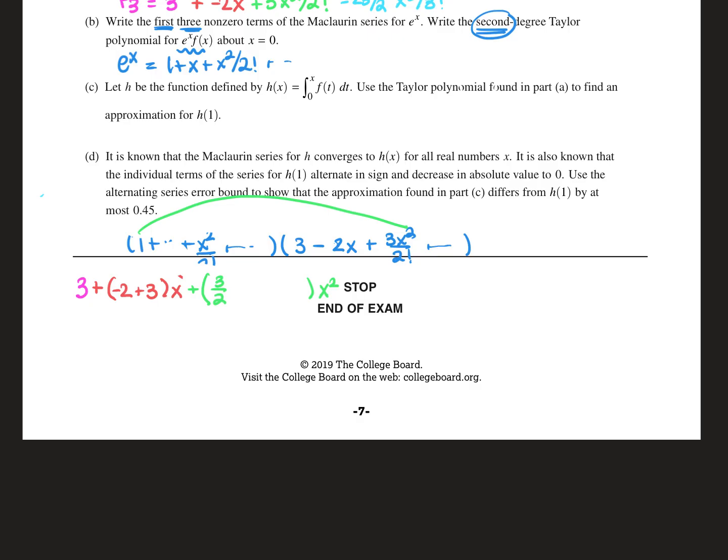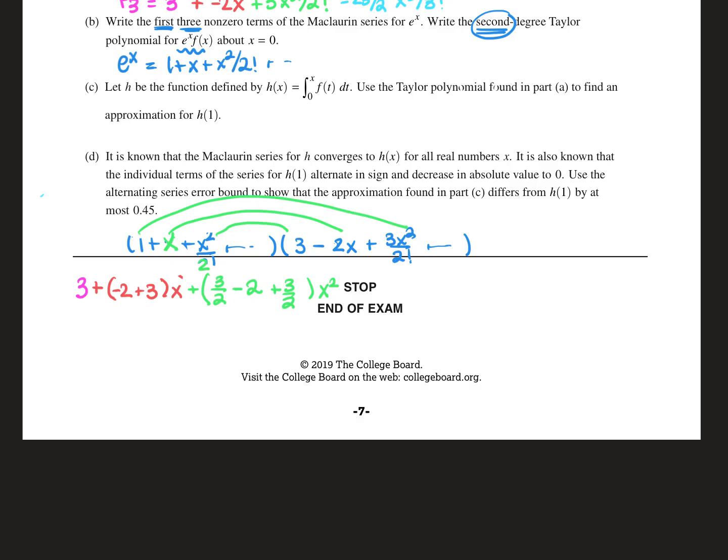The next thing we can do, this was x, sorry, it got deleted. So x times negative 2x is also going to give us a quadratic. And then also right here, if I take this one times this one, which is plus 3/2, that's also going to give us a linear. So this is our possible